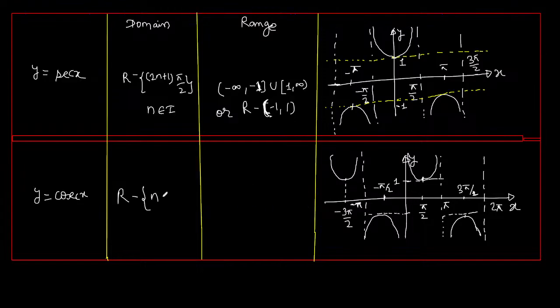R-nπ। nπ नहीं आ रहा है और n बिलोंग्स टू इंटीजर है। और रेंज देखें तो रेंज क्या होगा? रेंज बोल सकते हैं R-1 से 1, क्योंकि सेक और कॉसिक का सब चीज़ सेम ही होगा। और डोमेन में ये (2n+1)π/2 पे नहीं कर रहा है, ये nπ पे नहीं कर रहा है। हाँ, हेलो सौर्य चिकारा।